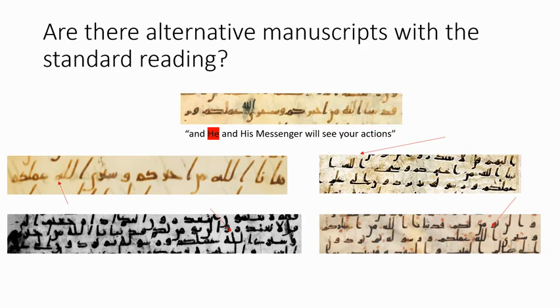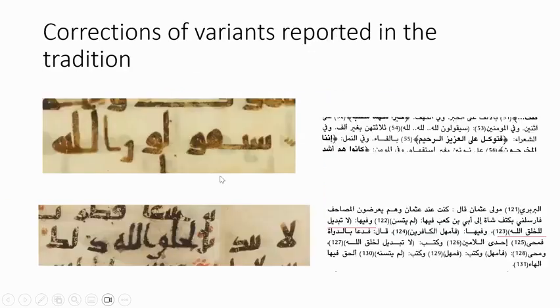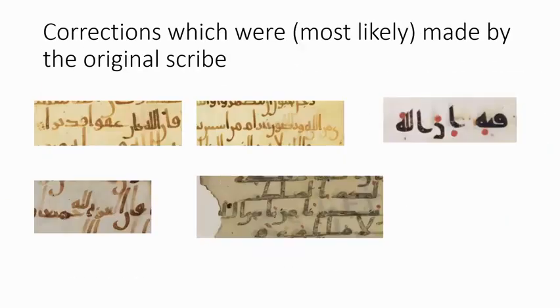No, what I'm saying is, say they had a Sana'a manuscript, they have the writing style there. They need to fix a few words here or there. They have the writing style in front of them. They could look at the style that's there in front of them and just copy that. Could they not do that? Usually, if you have a correction, they don't bother making it similar to the original text. And sometimes there are indications that it was made by the original scribe. For example, here the ink is very similar to the original scribe's, right? So that's why we argue that it's made by the original scribe.